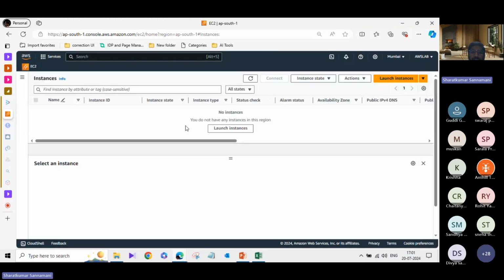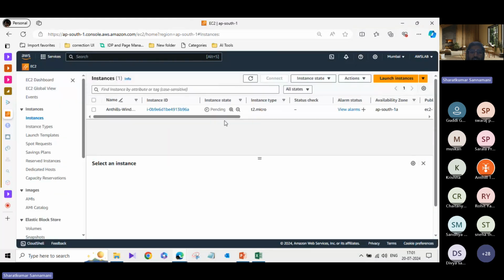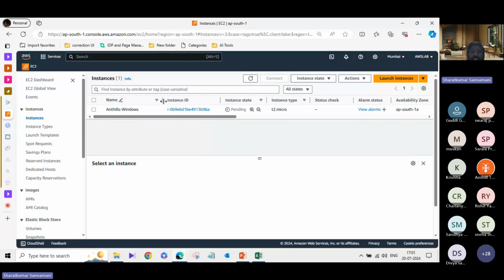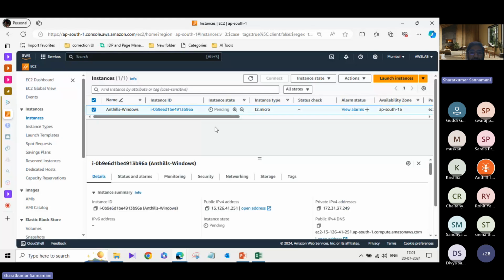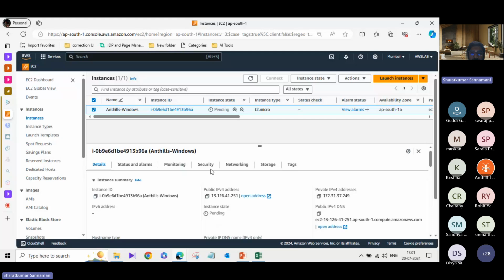See, that's all. My virtual machine is ready now. So for this simple setup, it would take a month together to create one virtual machine. But on the fly, we have just created one virtual machine. Okay, we will see how to access this virtual machine as well. We'll show the windows.